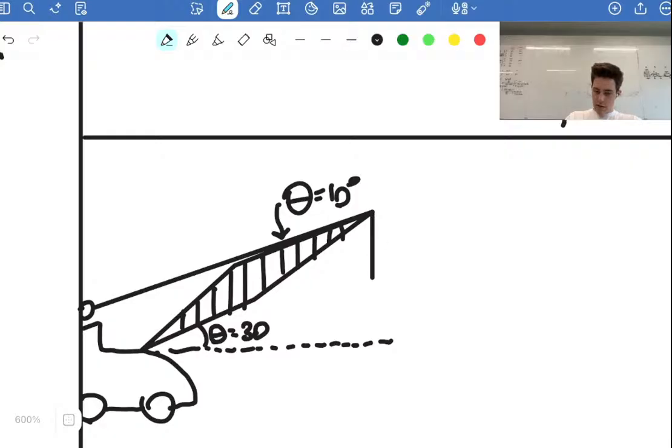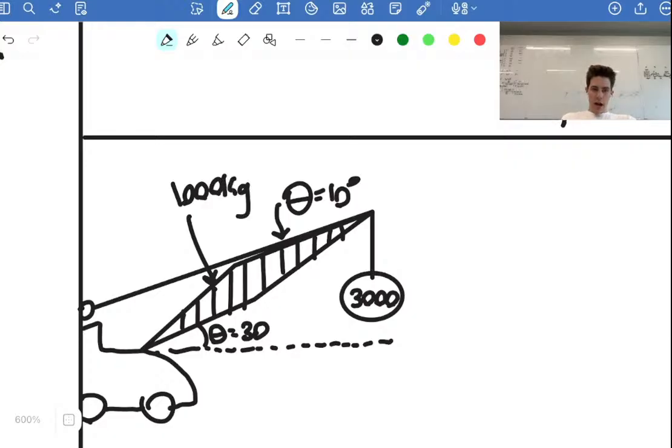Now on this end you have, we'll just say, a wrecking ball. It's technically a metal beam, but we'll say it is 3,000 kilograms. And the actual boom itself is 1,000 kilograms. Now, it's asking what the tension is at this point T, or what is the tension supporting the rod. So we're going to take that, and we're going to say